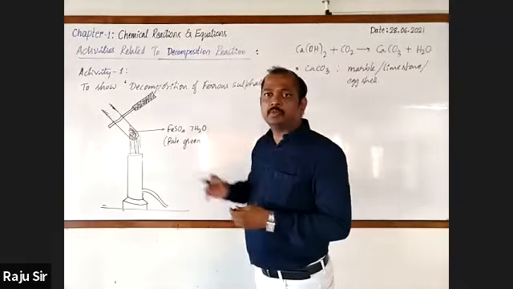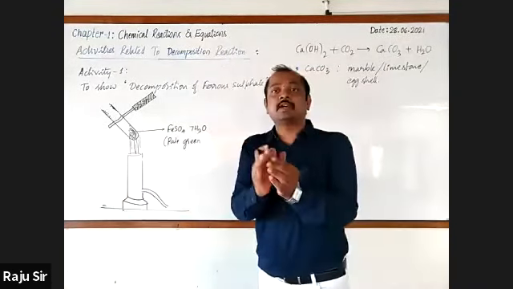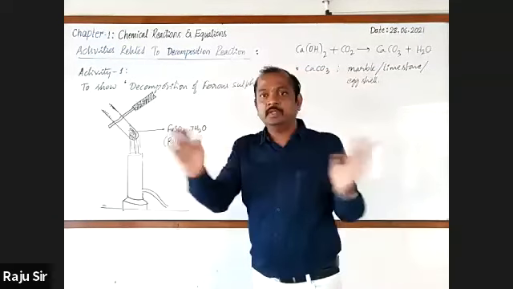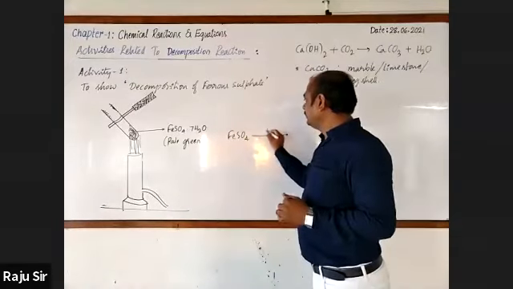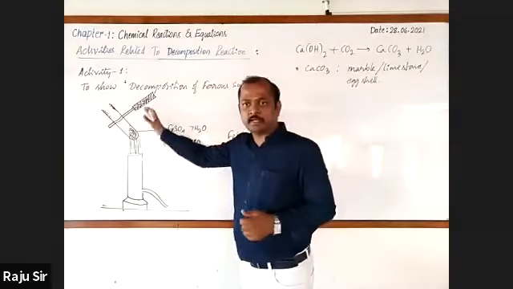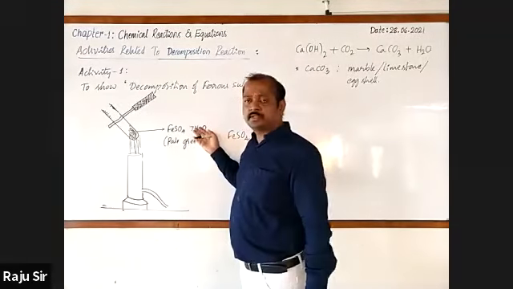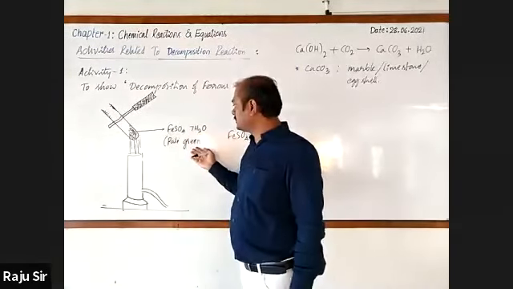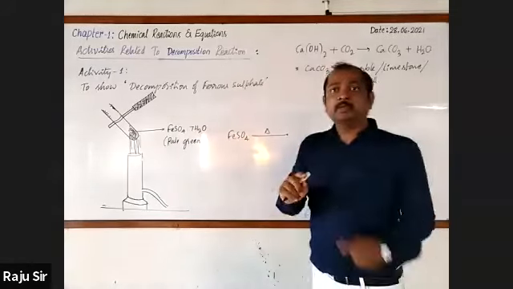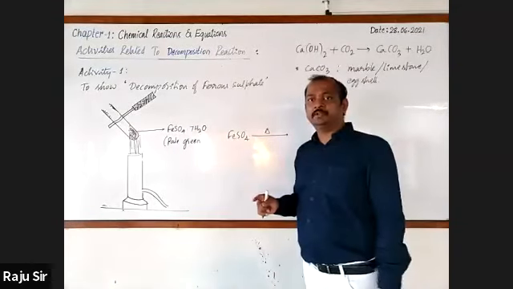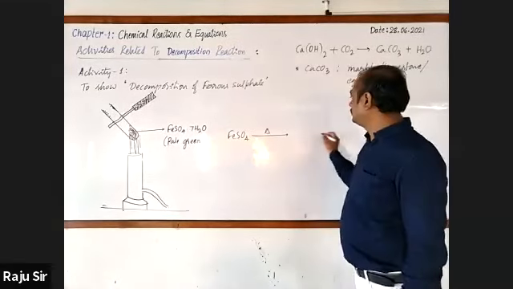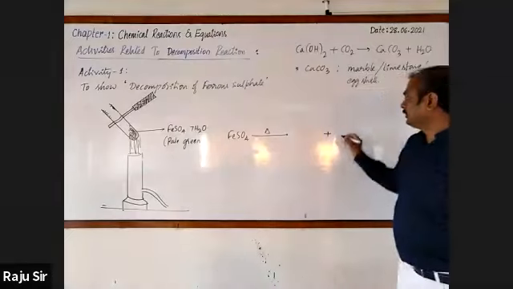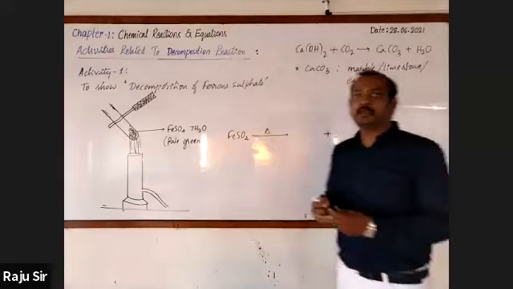Then, when you still continue to provide the heat, it starts splitting up. Here iron sulfate is taken. When it is heated, first it loses its color because it loses the water, therefore its color changes from green to white. When you continue to provide the heat, then you will notice that...